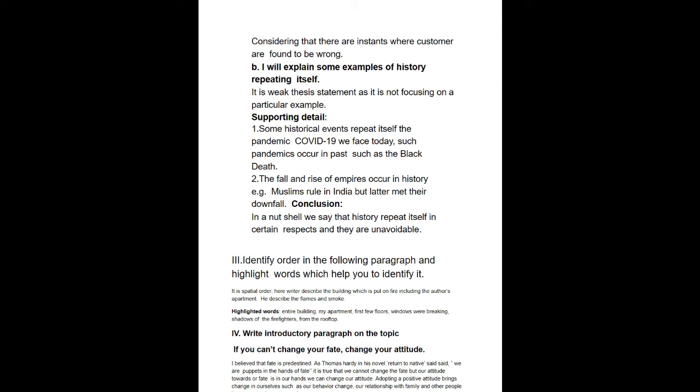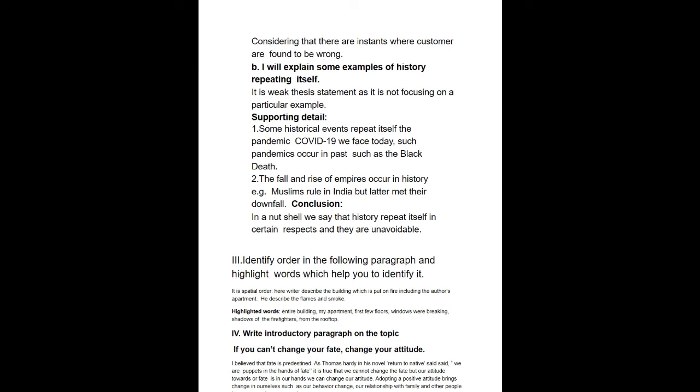So the order in this particular para is special order. Here the writer describes a building which is put on fire, including the author's apartment. He describes the flames and smoke. So it's a special order because it describes a place, a location. And highlighting words which help you to identify it are: the entire building, my apartment, first few floors, windows were breaking,